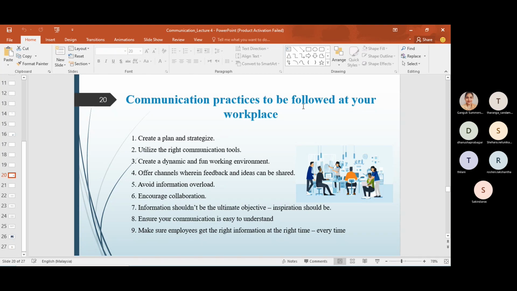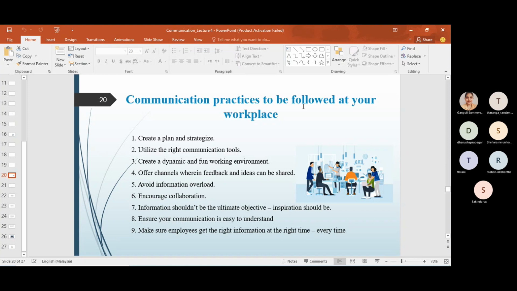Okay, and then through your communication, you have to create a dynamic and fun working environment. Because guys, if you look at the previous generations, our parents' generations, or the generations before them, those generations, they did their job for a living. Right? But if you look at today's generation, and even